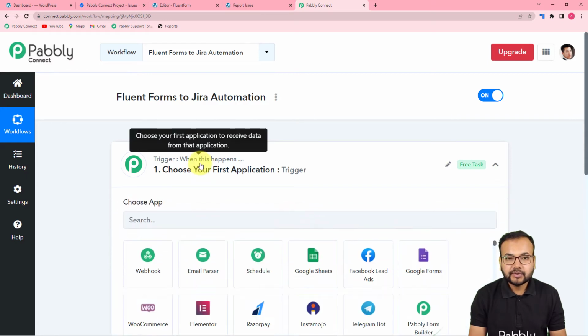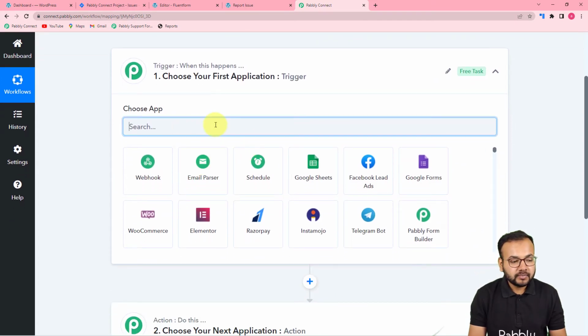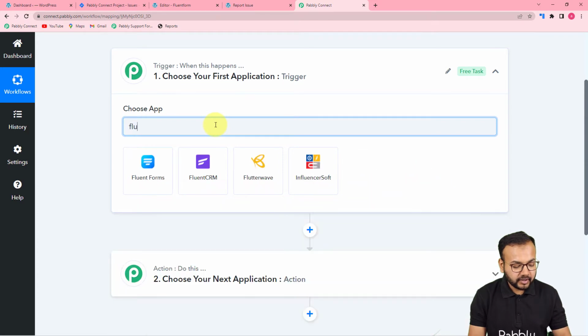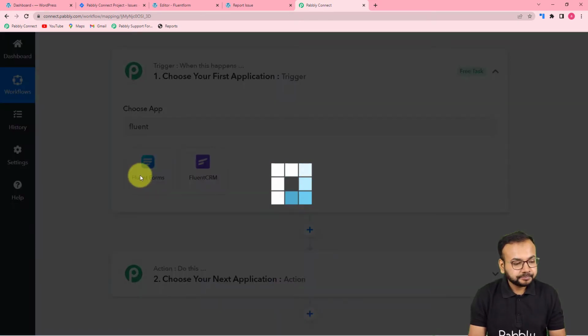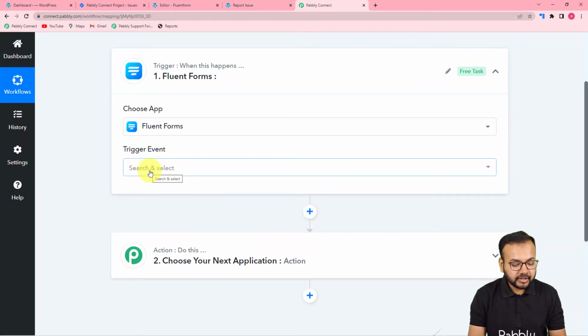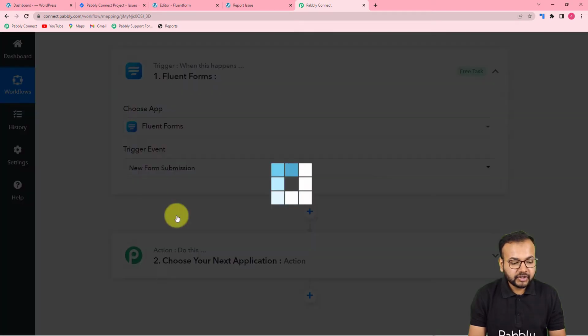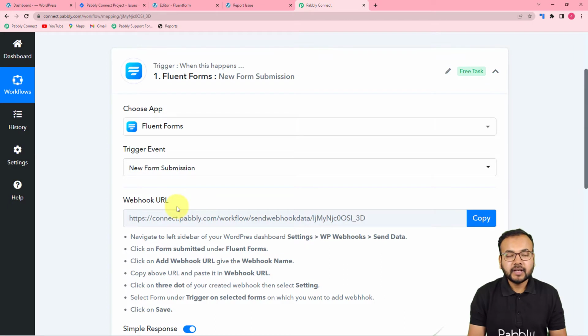So first of all, you have to set up this trigger here. So from this, choose a field, search for Fluent Forms. This is Fluent Forms, guys. Select it, and in the trigger event you have to select the new form submission option, and then it will give you this